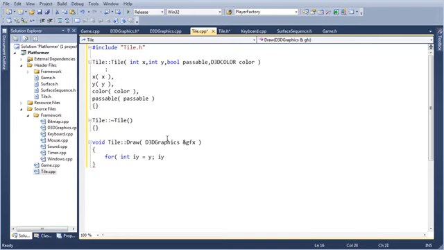As long as index y is the position of our tile, right? I want to start at the position of our tile and move down to y plus height. And do the same for x.